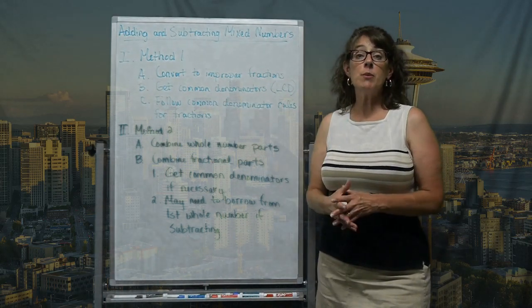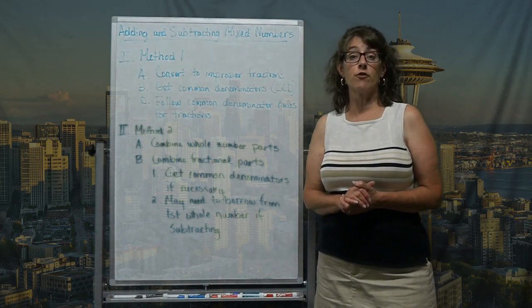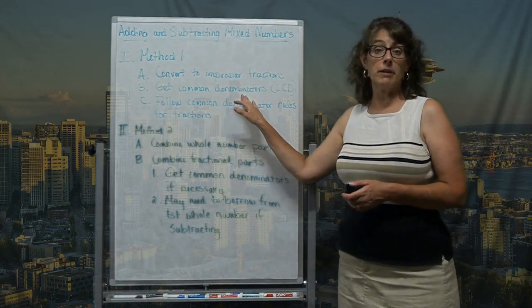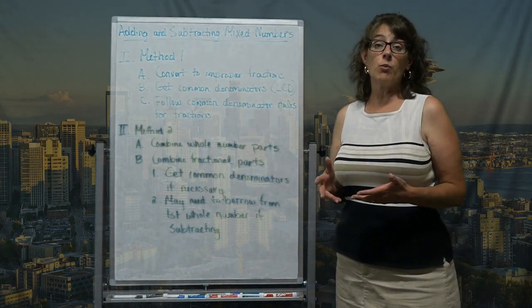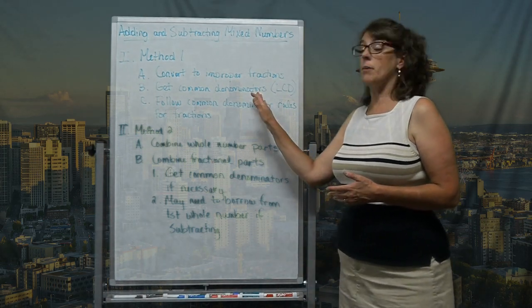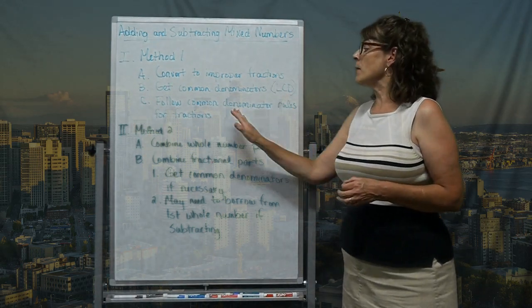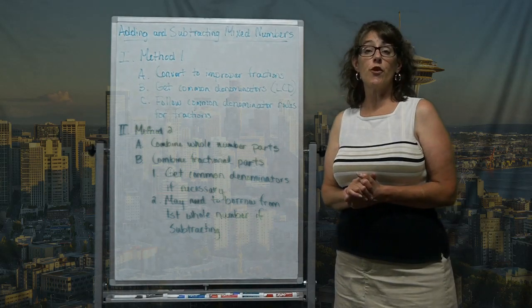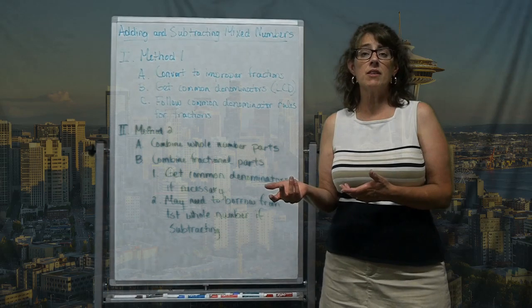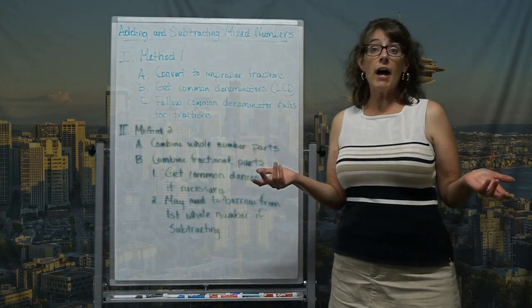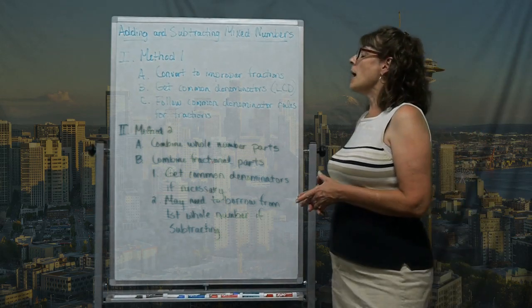And then once I've got those improper fractions, I'm going to go back to those rules that I know for adding and subtracting fractions. I'm going to get that common denominator if it's necessary. I might already have a common denominator and I can just carry on with life. But if I don't, I'm going to get the common denominator, lovingly called the LCD, and then follow those common denominator rules for fractions. Most people like this method because it piggybacks on something that they already know. And we all like to go back to things that we're already familiar with and already very good at. So this is a very